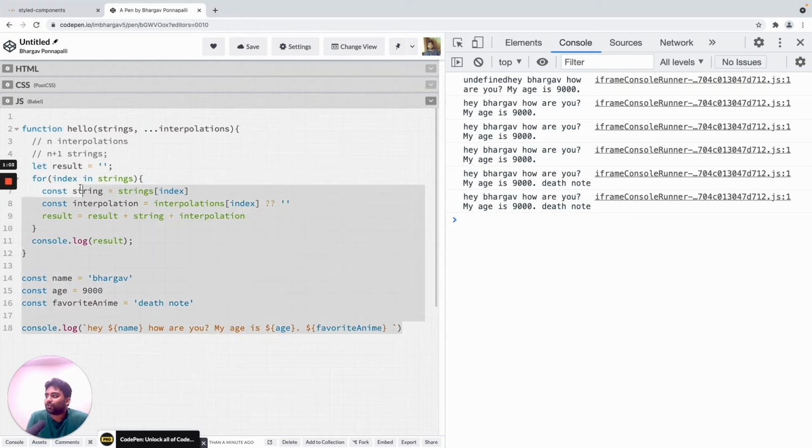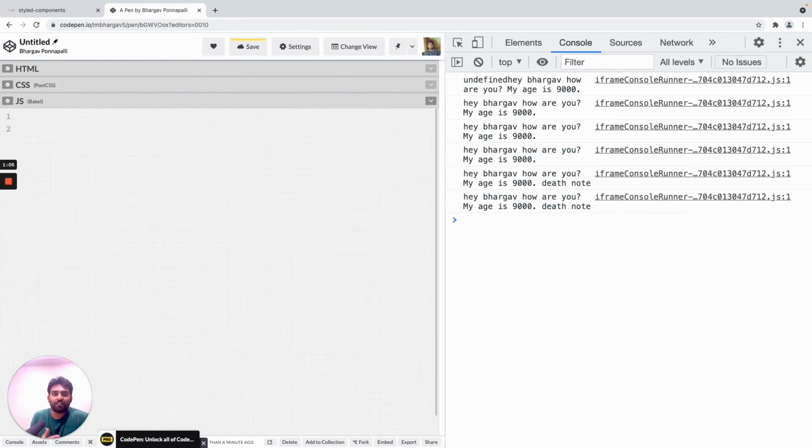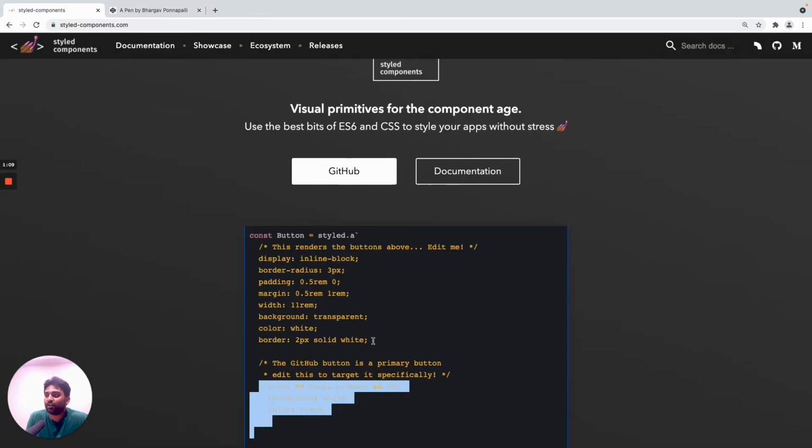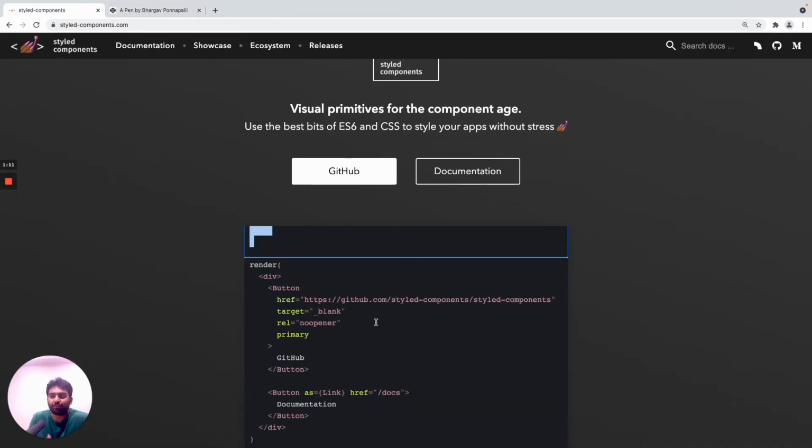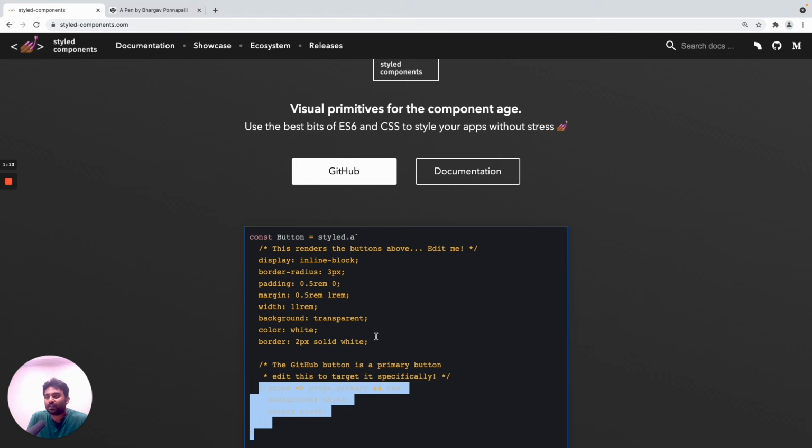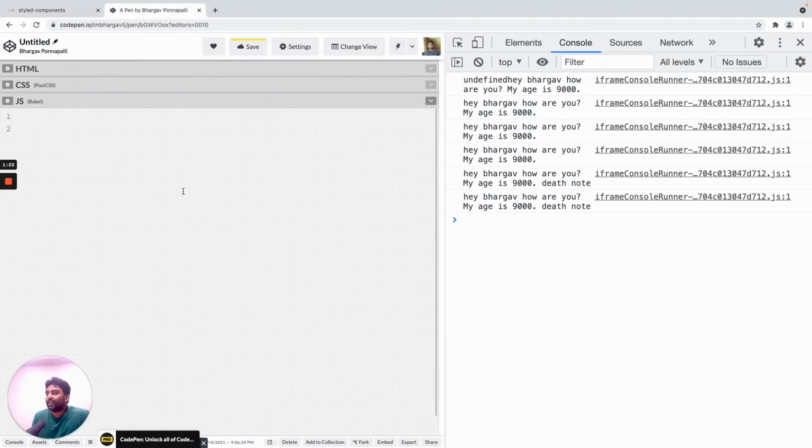The next thing that I want to show you is slightly advanced, but to get closer to what is happening in styled components, we want to appreciate how powerful this is when you use it alongside higher order functions. So the way it works is, let us create a higher order function. I'm just going to call this function createGreeting.